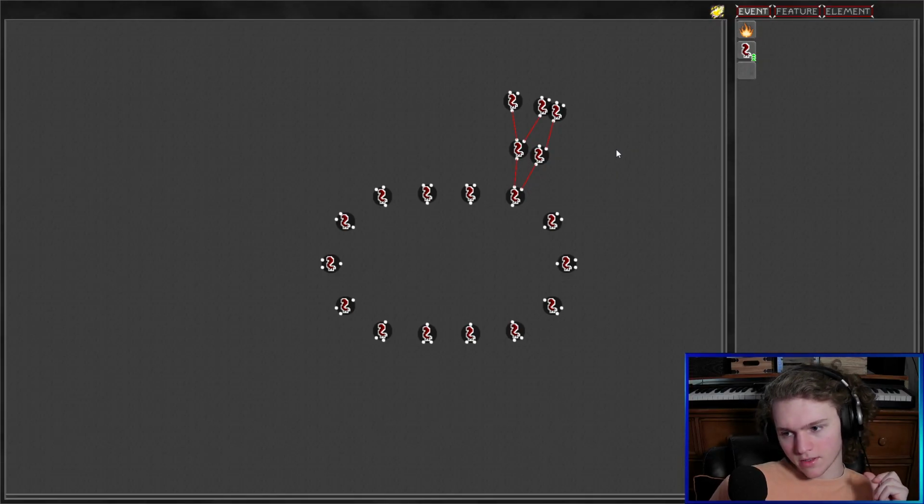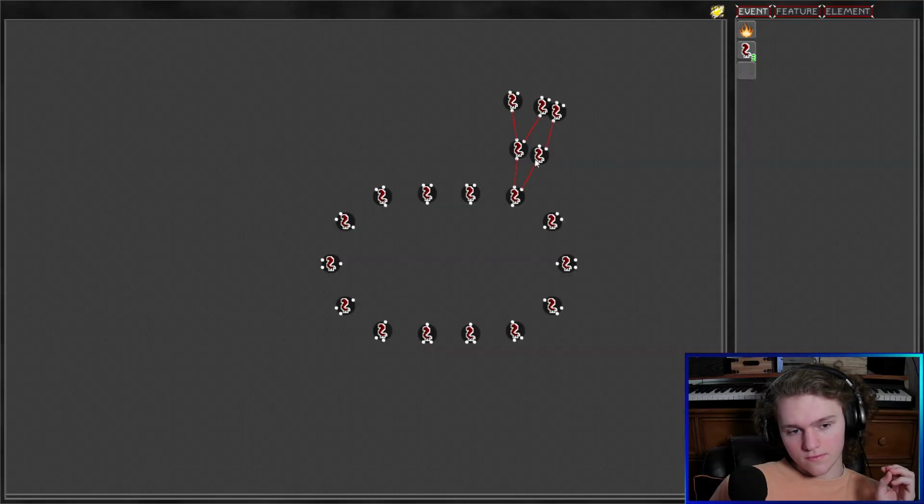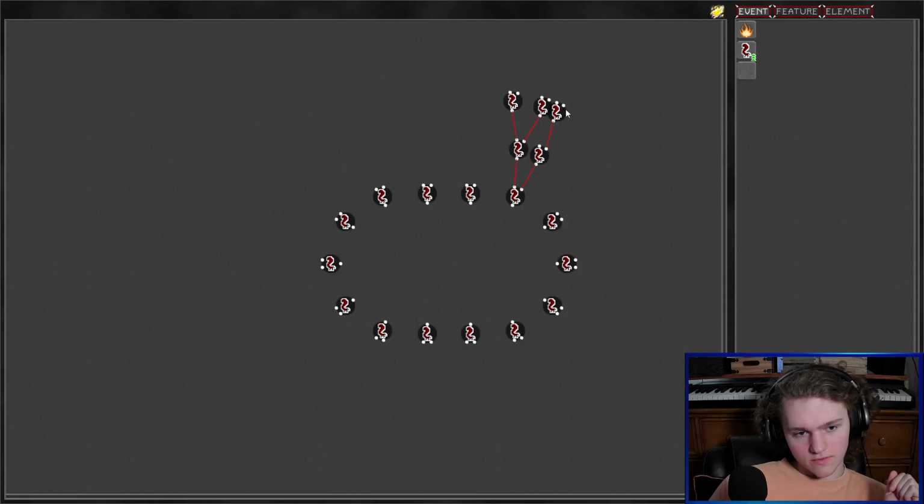Maybe that could be part of the solution here, is we check, instead of all the children of this node, we actually check for this entire ring here,